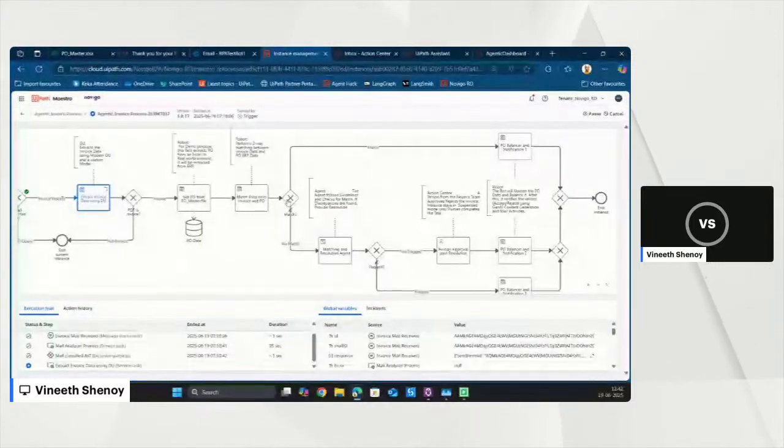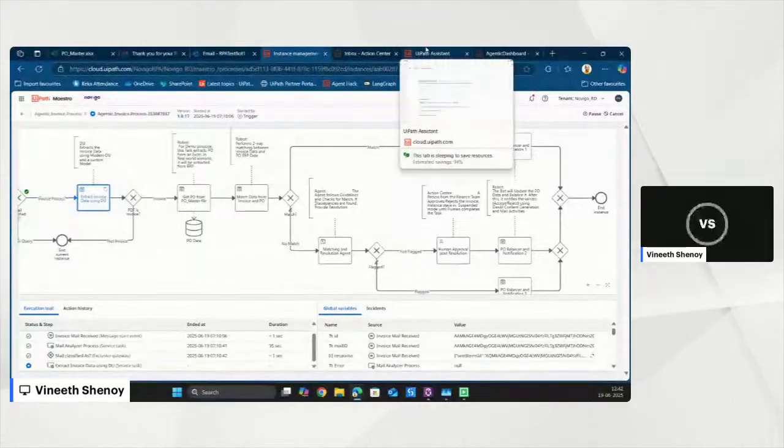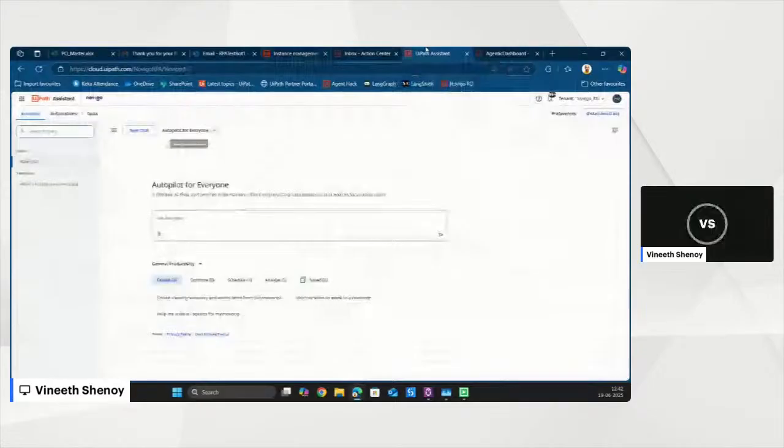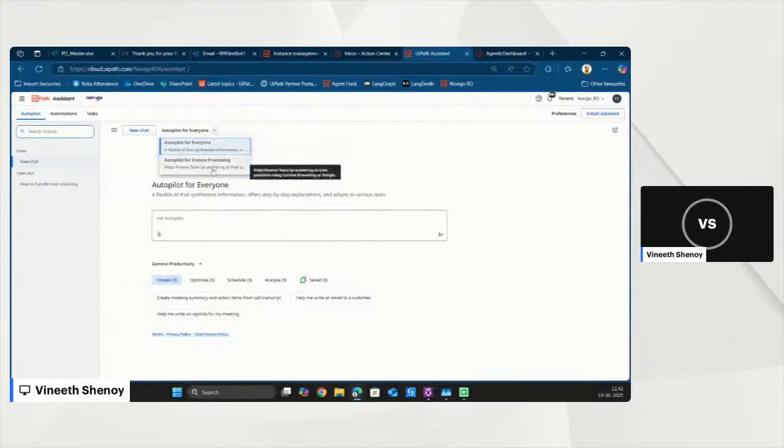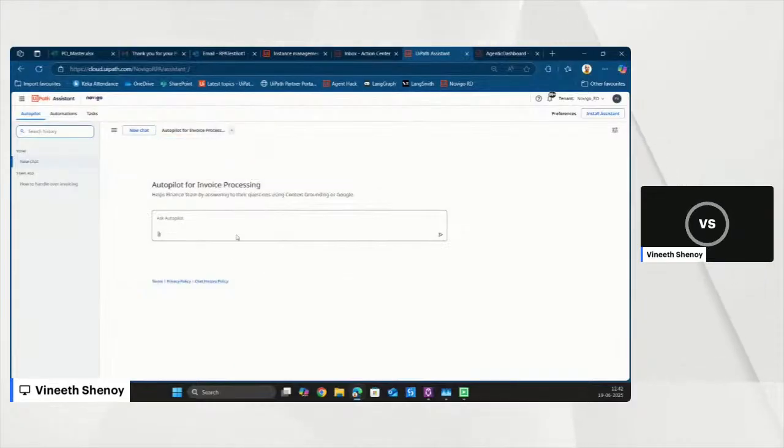Now, as this happens, let me show you another feature which we have used to help the finance team. This is autopilot for everyone. Most of you might have used this. There's another thing called specialized autopilot for everyone, where you can give your own custom prompt and ground it to any useful data, for example, invoice processing policies.